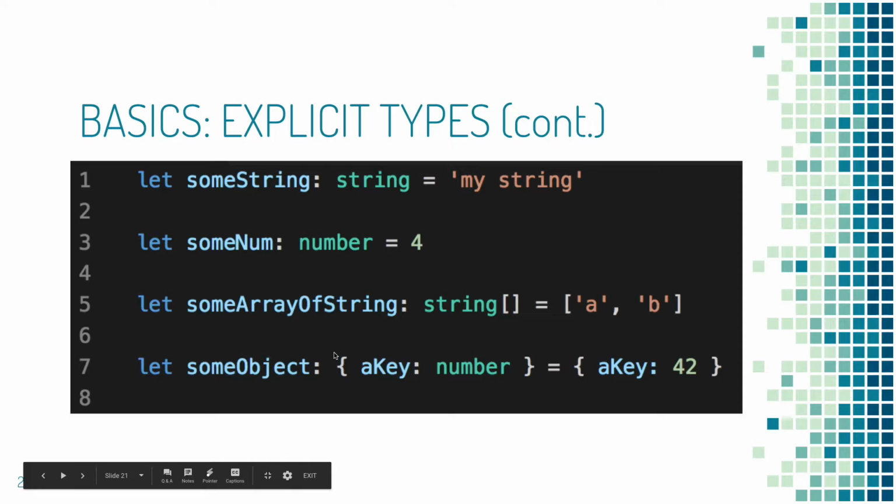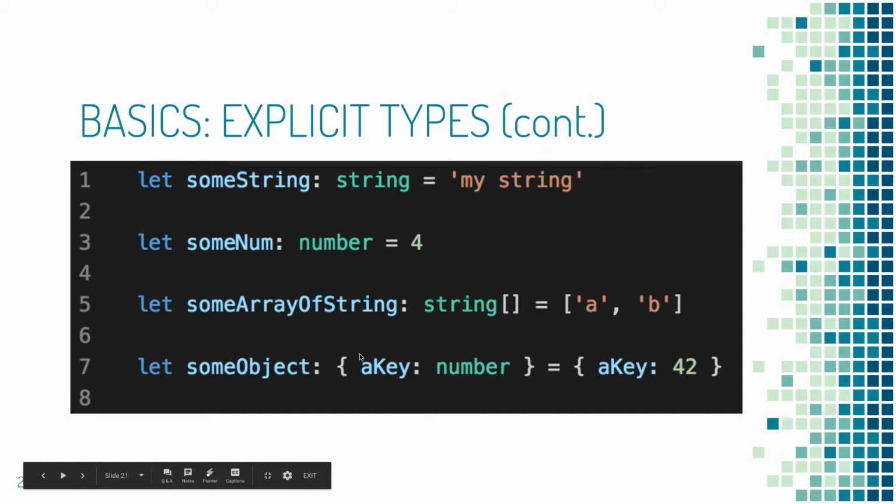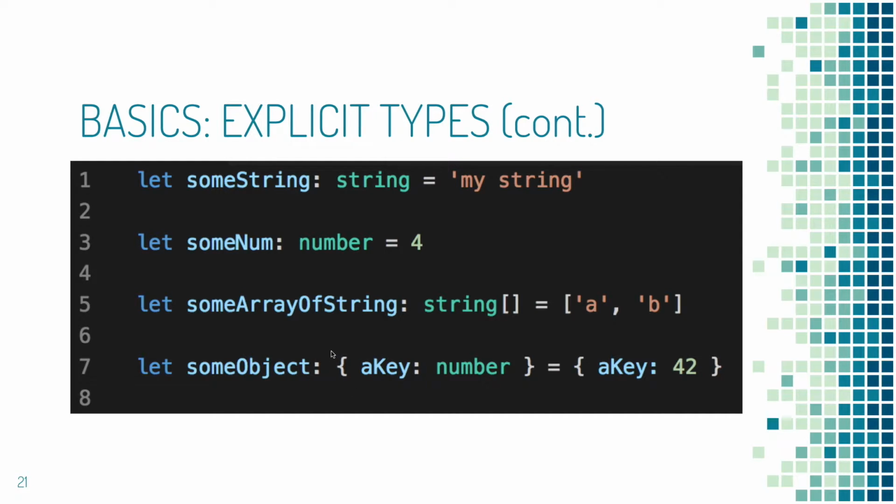And then I can also indicate an object. So I'm saying here, some object needs to have this shape. And I think that's something we'll be talking a lot about, is shapes in TypeScript. You want to tell the compiler what the shape of your data is, so that the next time you access it, you already have autocomplete and you know exactly what the options are as you traverse down an object. So in this case, in order for this to be allowed, the object needs to have a key as a property, and the value for that property needs to be a number.